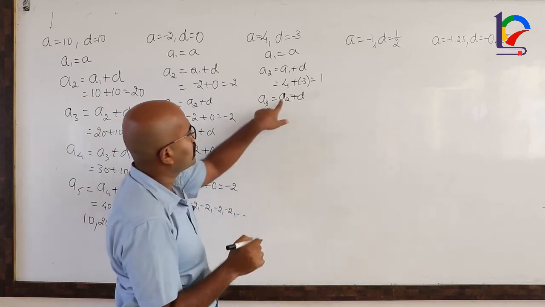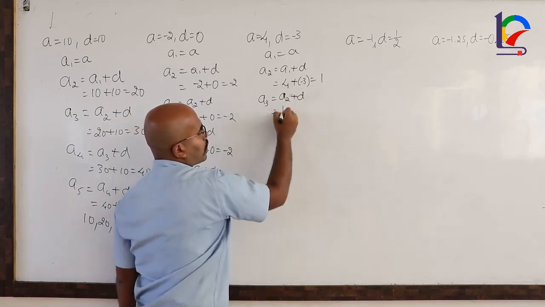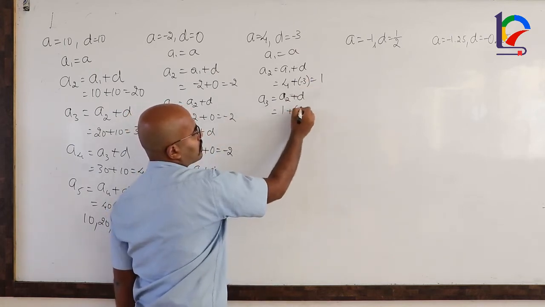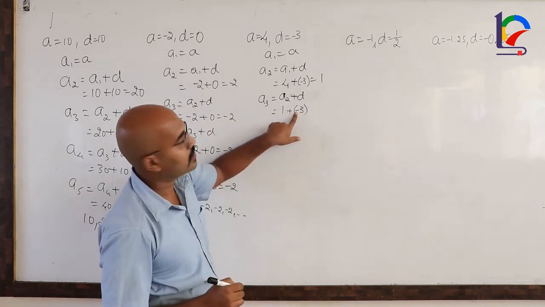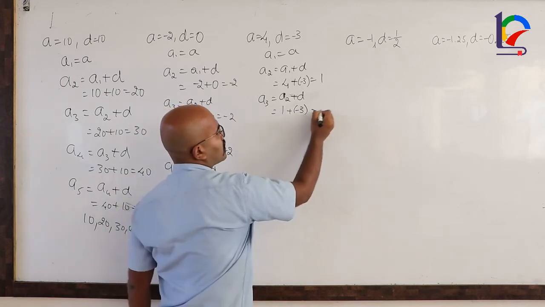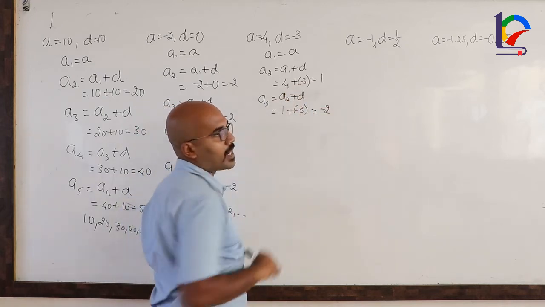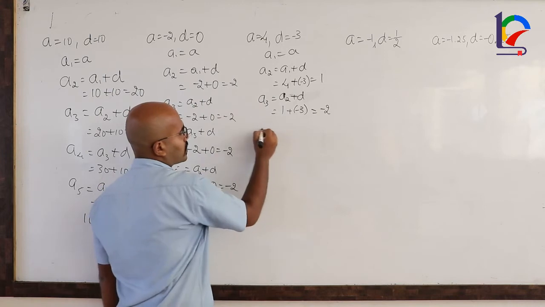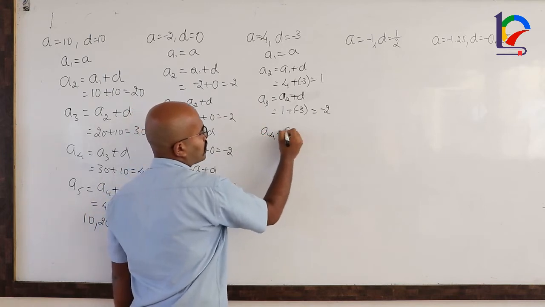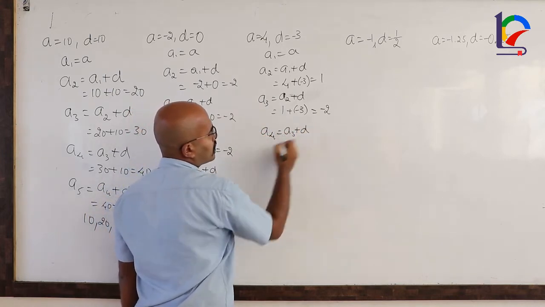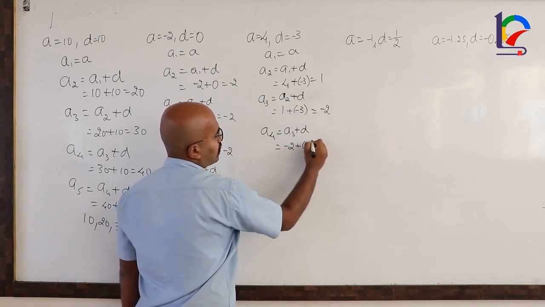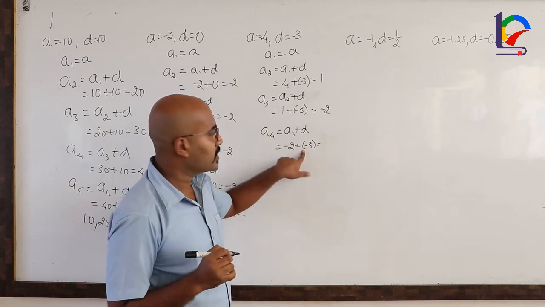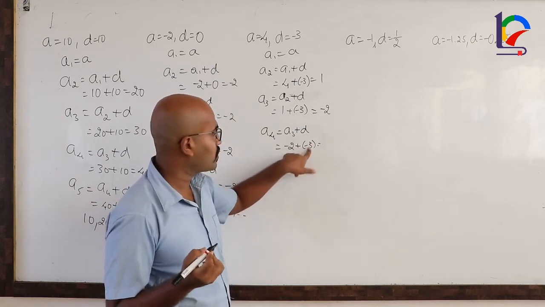What is it? Second term is 1. What is the common difference? -3. 1 plus into minus, it is minus. So 1 minus 3 is -2. Next, fourth term, third term plus the common difference. What is the third term? -2 plus -3. So plus into minus, minus. So -2 minus 3,